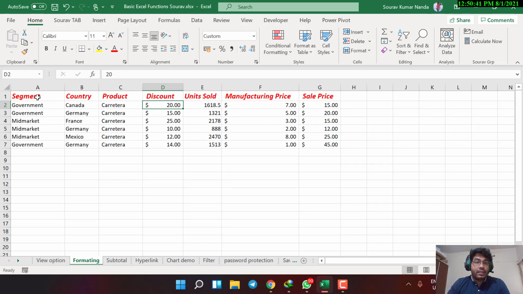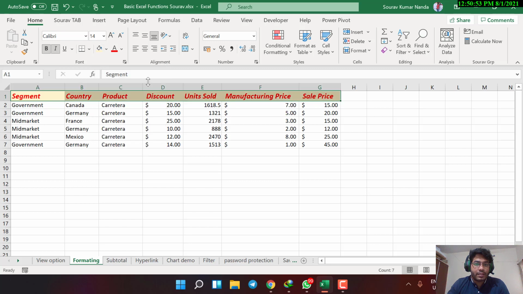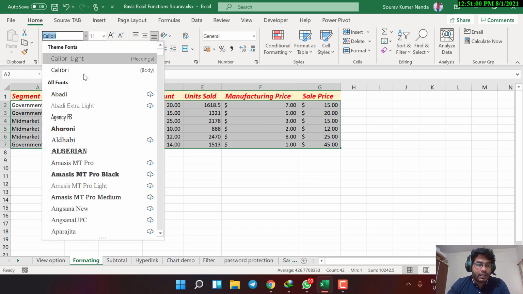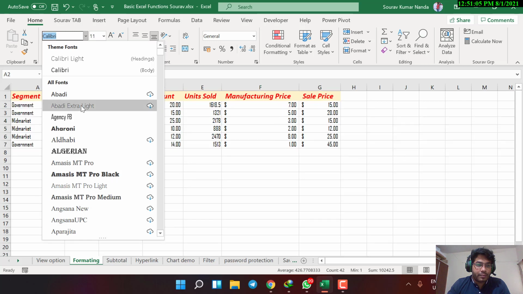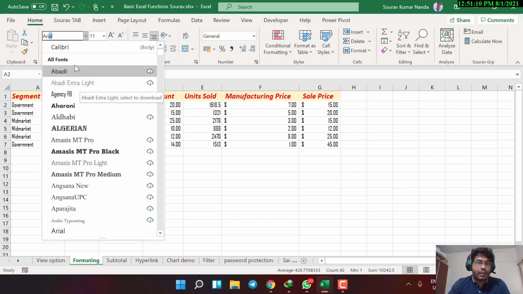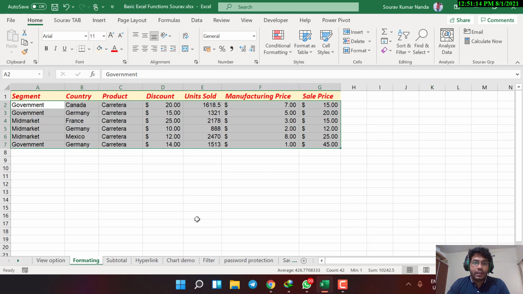If we want to change the cell's inside color, again we'll do that, and this will fill the color. Let's say I want some light color. I like, let's say, this one, gold, accent lighter 80%. Yeah, it's good. Now I want to change this as well. I'll change the font, something, Calibri I don't like. Let's say something like Algerian, or maybe I'll go with Arial. Is it there? Yeah, Arial is there. You can type it also, just press enter and it goes to Arial.